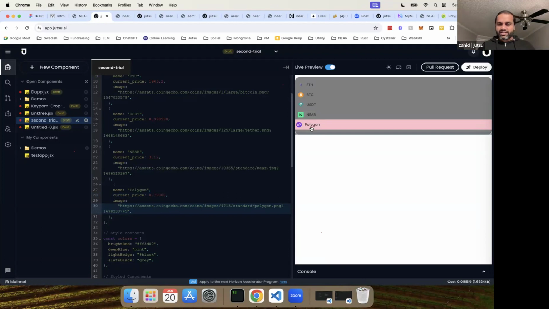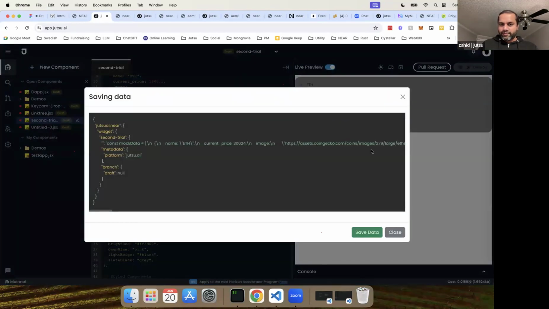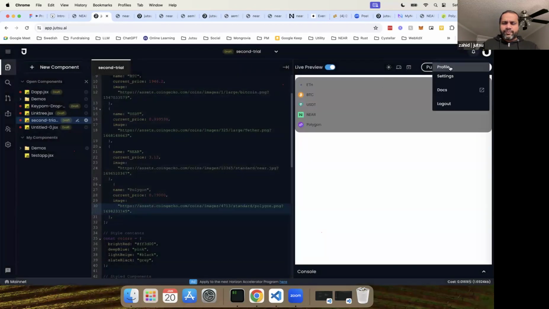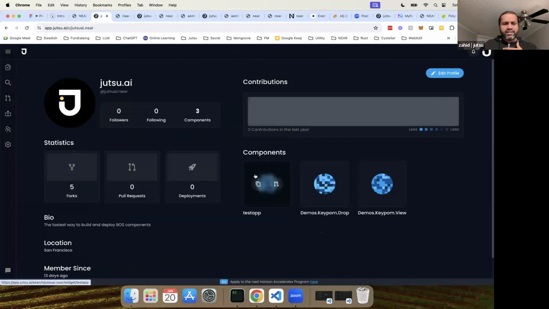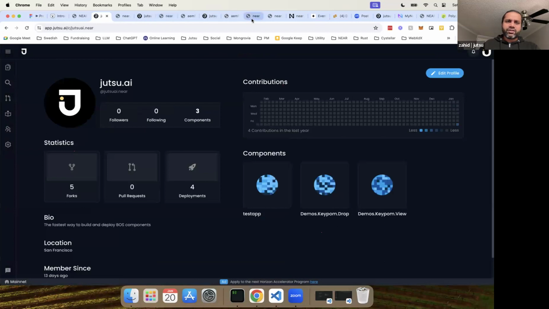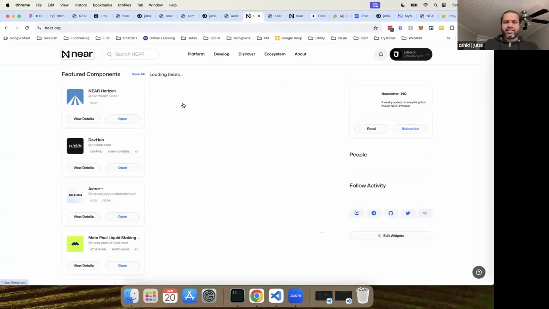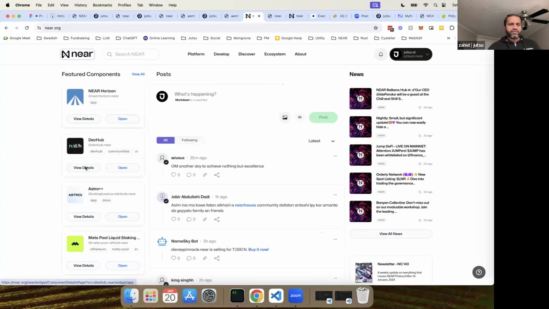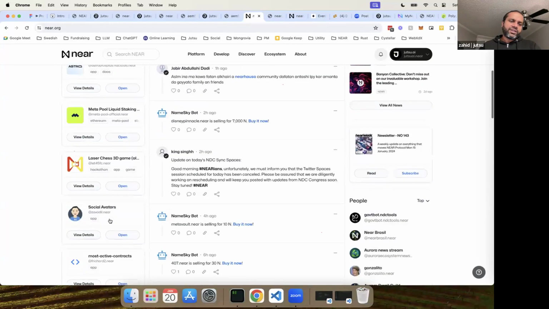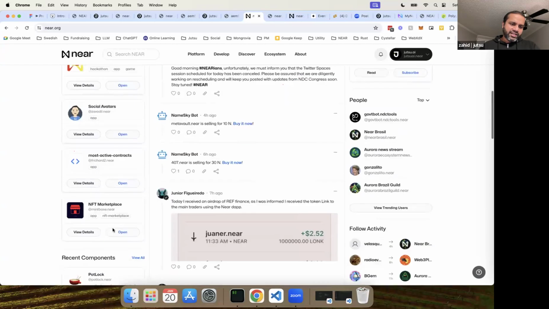You can take someone else's component and then build on top of it. You don't need to start everything from scratch. And now I can just deploy this thing as my own component. So then it will be in your own profile. There is another thing, you can see also the profile, it will show you more detail. You can go to near.org for more details. So if you want to learn more about different apps, and then if you want to fork any one of them, so let's say I want to fork this NFT marketplace